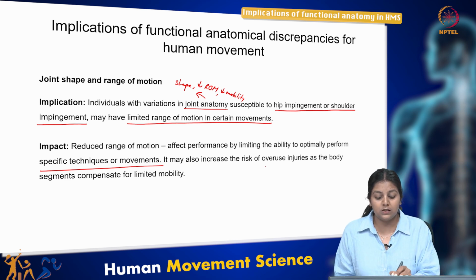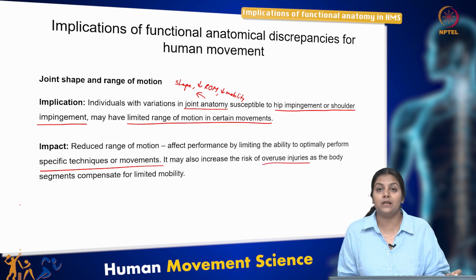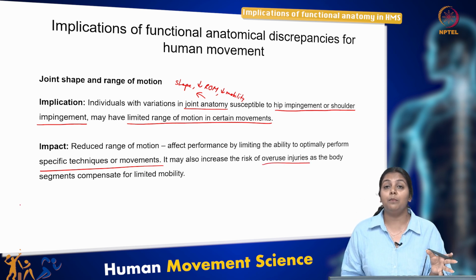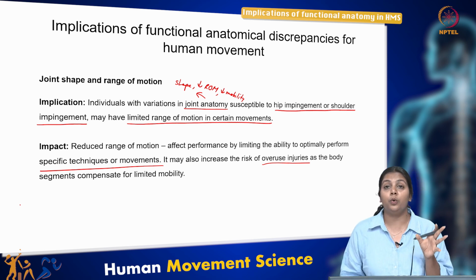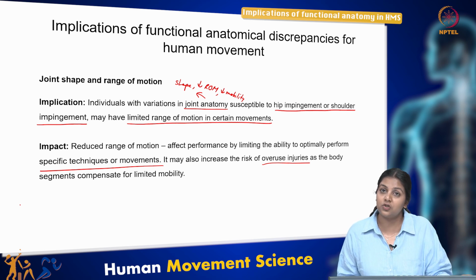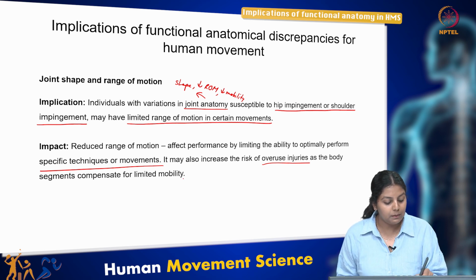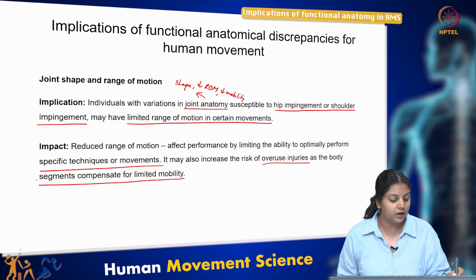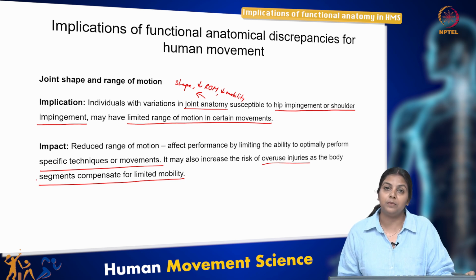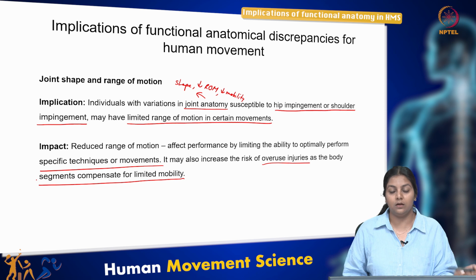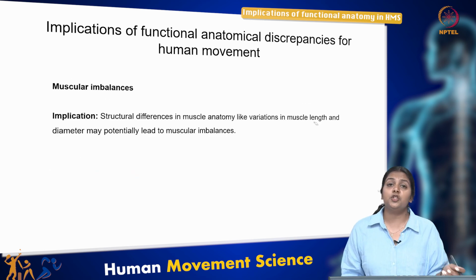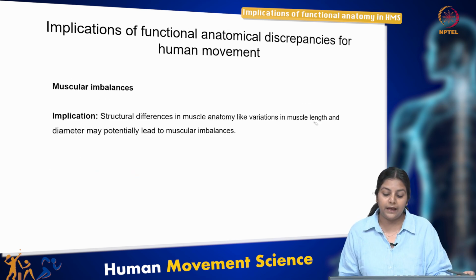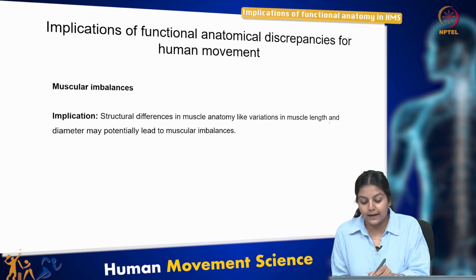It may also increase the risk of overuse injuries as the body segments will compensate. So for example, if your shoulder is not able to take the load, or if there is limited range of motion and you're going beyond it, you might add stress or strain to the joint, or there might be some other joint that needs to compensate, hence risking overuse injury. So structural differences in muscle anatomy, like variations in muscle length and diameter, so from limb